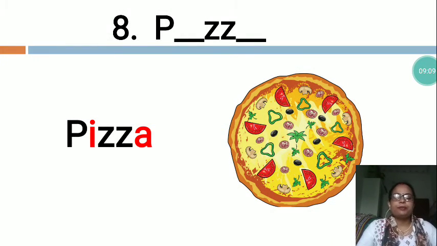An Italian food made of a flat crust covered with tomato sauce, cheese and often meat or vegetables, then baked. Normally, people like a large pizza with mushroom and onions. This is a dish made typically of flattened bread dough spread with a mixture. So, this is a fast food. This is not a healthy food. We should eat it, but sometimes in less amount. But we should always use healthy food, my dear students.